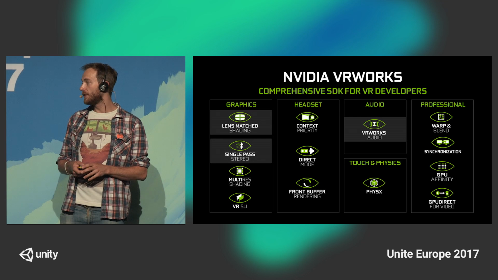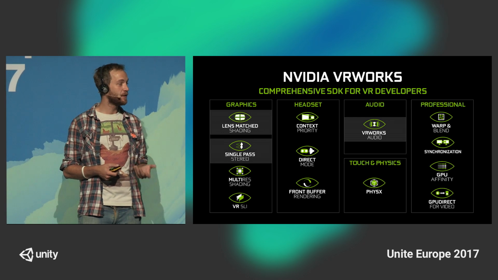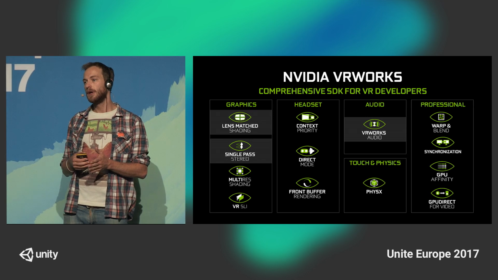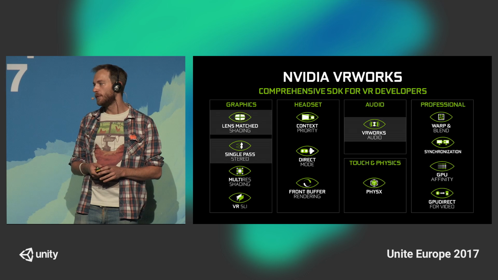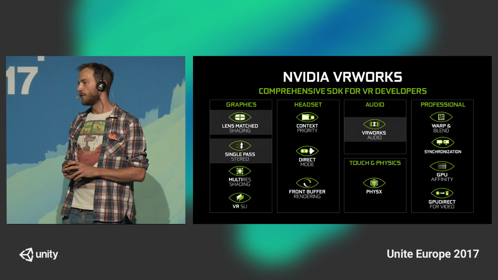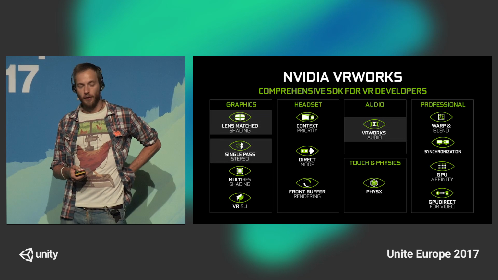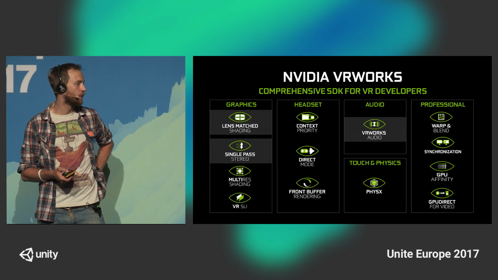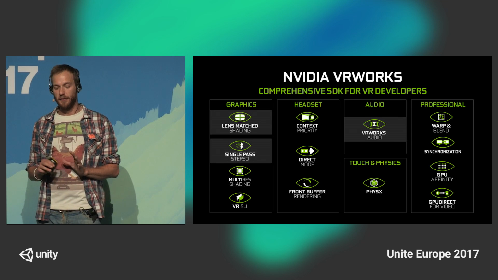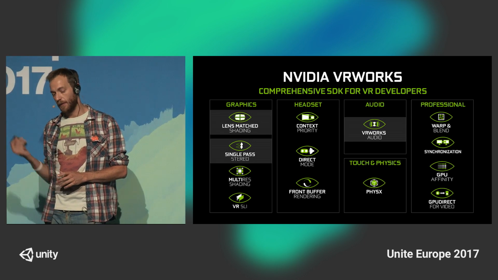And so we also put together a suite of tools that's called VRWorks Audio, and it takes our existing ray tracing engine called Optics and uses that to path trace audio. So essentially, it's a very sophisticated way of doing 3D audio in virtual reality. We also have a set of tools for physics, and also professional things like warp and blend, synchronization, or GPU Direct for video. If any of you guys are producing video, 360 video or anything like that, that is also helpful. If you have any questions about those things that are not on the graphics side, you can approach me later on, or check out our website, which I'm going to put in